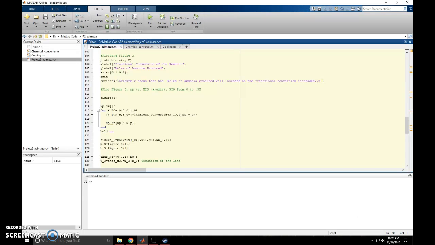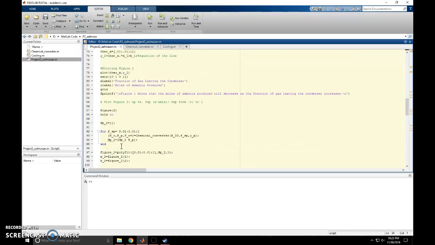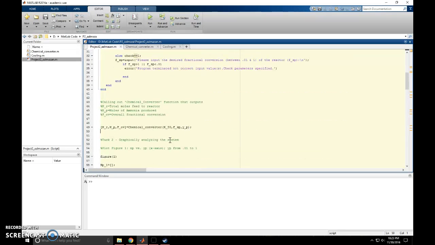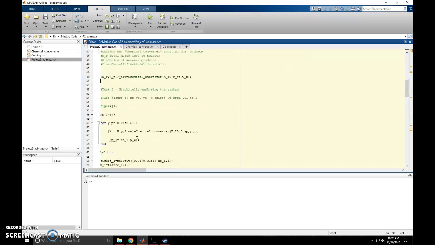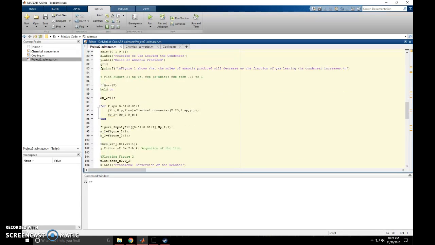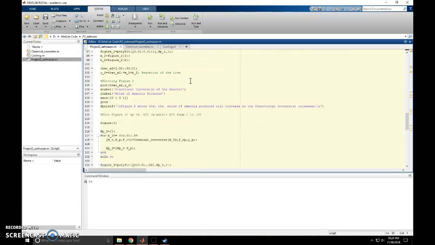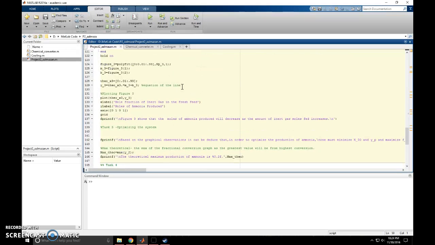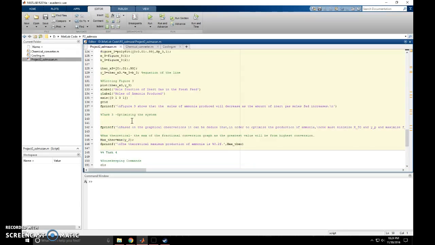And so basically it wants us to graph these three relationships in task 2 after task 1 and analyze it. So yeah, we'll run that and show you how we analyzed it. And then task 3 is basically optimizing the system. So the first 3 tasks are all really tied in together, and it basically asks us,